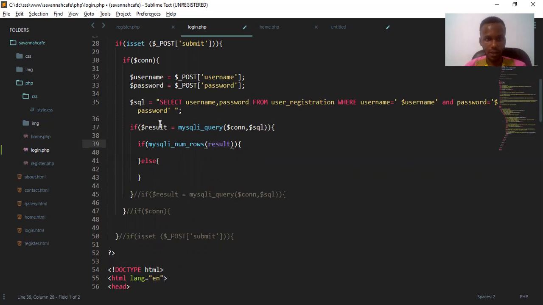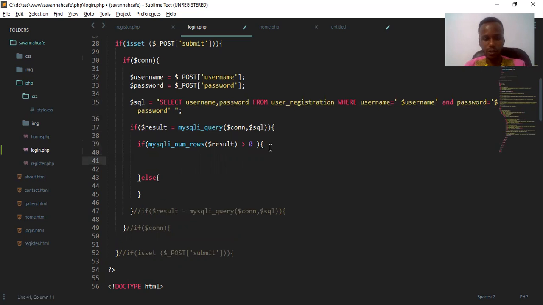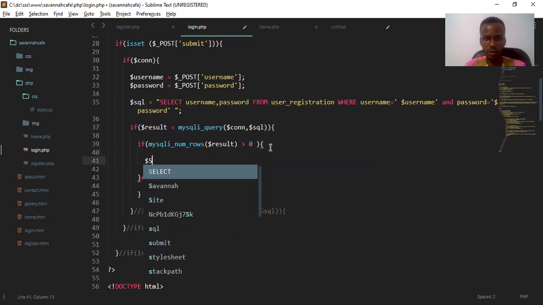It can be anything, but in this case we make use of result. It is greater than 0. It means if this SQL and this connection that we pass is true, that means if it is there, what should happen? We are going to now set a session,